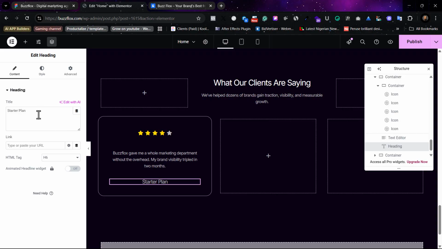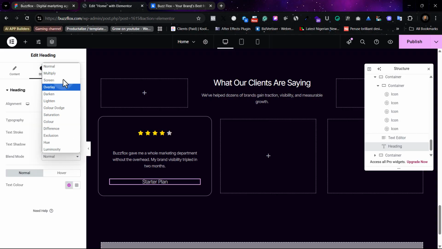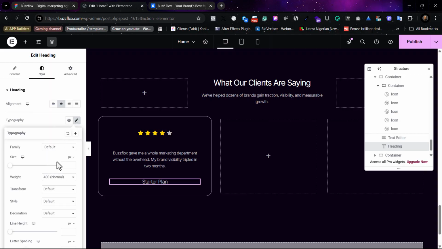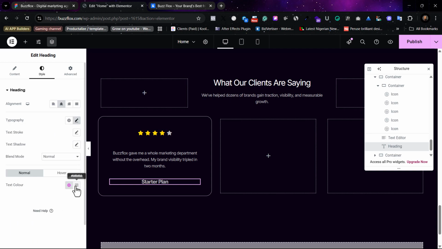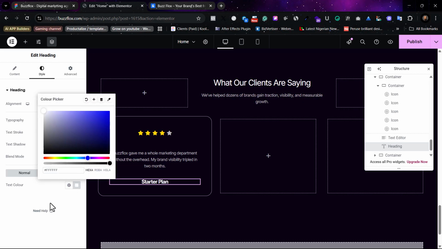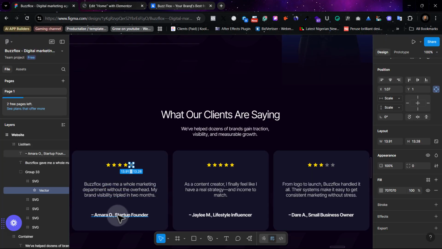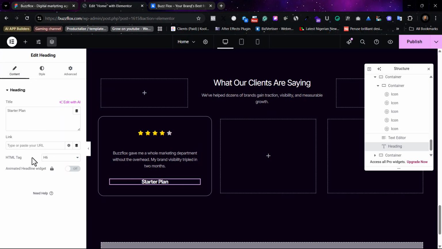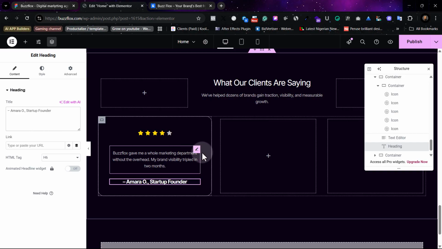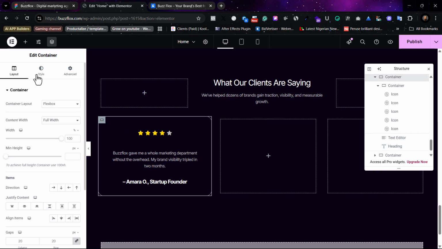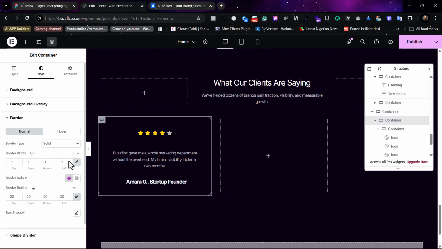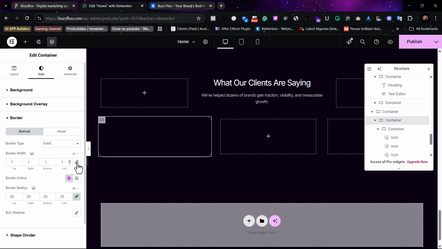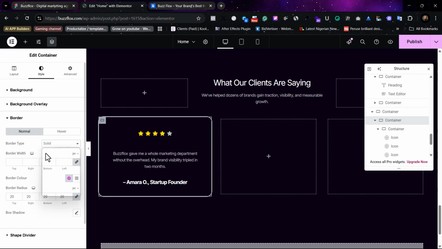So here all we just have to do is make it bold. Sorry, come here, make it bold. Then I don't know, I'm always lost in Elementor. I don't know if any of you feel that, but I get lost every time on Elementor. Then change the wordings. So now once we are done with this, the next thing is the background. You know, we did some border thingy here. So we're going to remove those. We're going to put it back to